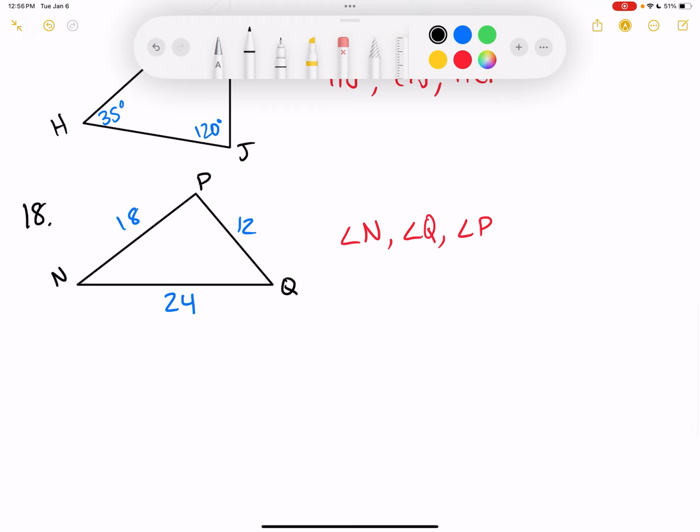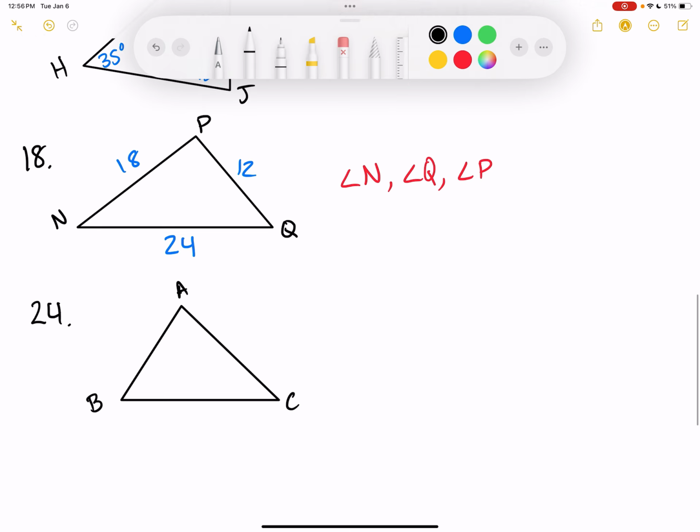Technically we looked at 24 on the board already, in the PowerPoint, but there's only 2 of these, one's even and one's odd, and y'all are gonna have the odd one to do, so I'm gonna just put the even one up here so that you can have it in your notes. So we have triangle ABC, and we're solving it with the triangle inequality. This was x plus 2, this was x plus 3, and this was 3x minus 2. And we're using